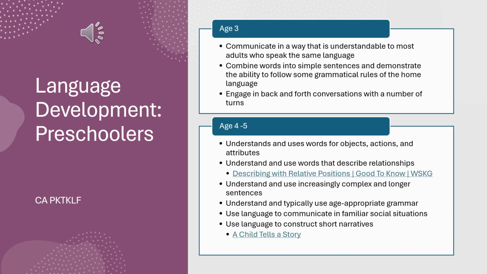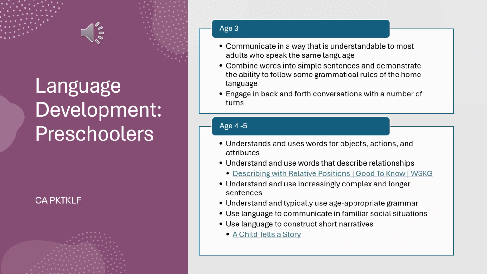They should be able to make 3 to 5, 5 to 10 word sentences, depending on where they're at with their language development, following typical grammatical rules. So in English, we tend to use adjectives before a noun, so the red dog. In Spanish, they may use adjectives after the noun, the dog red. So they have already picked up on those grammar rules and are starting to use them effectively. They're much better at turn-taking in conversations, both with adults and with their peers, so they can have back and forth conversations with a fair number of turns.